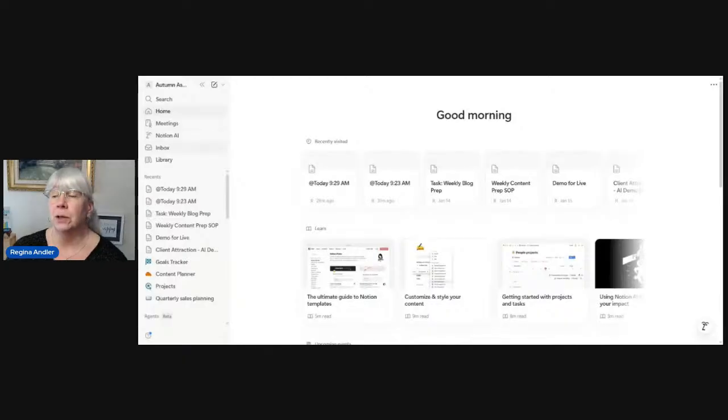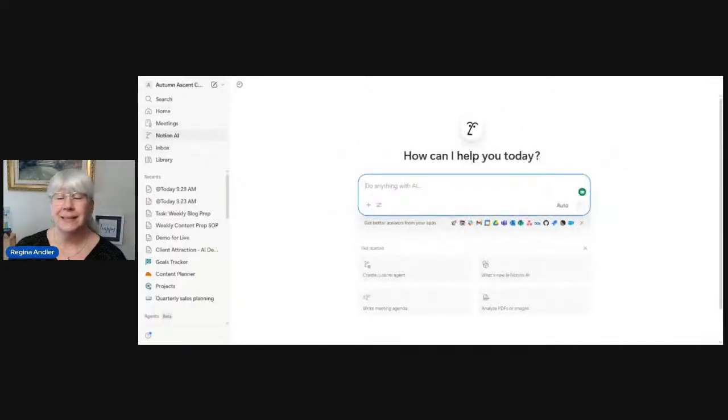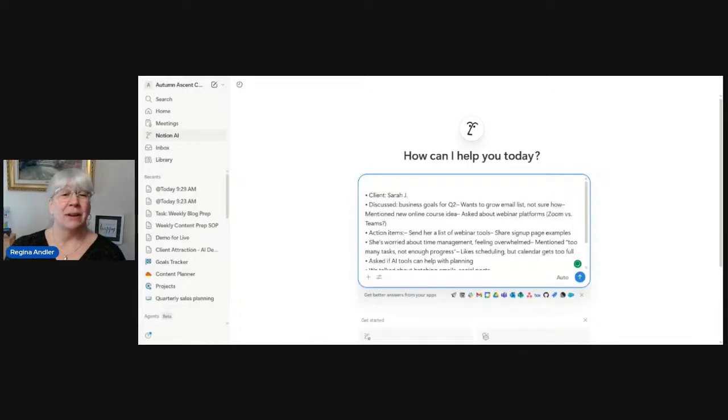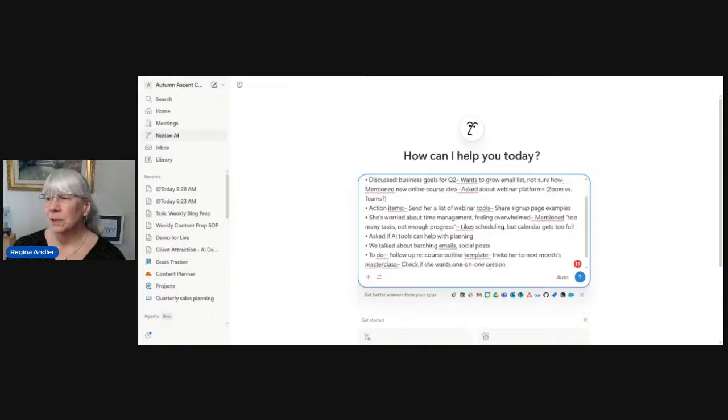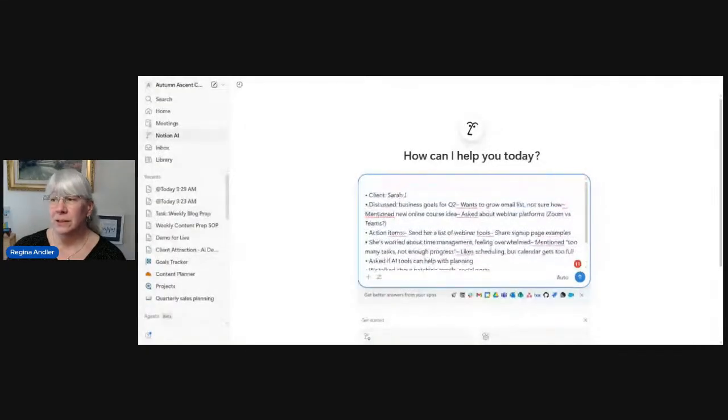I'm going to go over here to Notion AI. If I'm sitting in a meeting, and I already put these out here, I'm going to go over here and copy them, because I created these notes. And yes, they're fictional notes. I created them for here. Have you ever done this where you just bullet point some stuff? Hey, I'm meeting with Sarah. Here's what we're discussing. It's these little notes. And I'm going to say, please